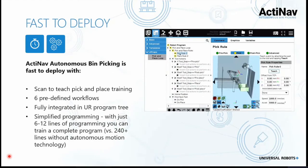So those are the pick rules and the place rules in the top left here. You, of course, can have a couple different pick and place options, right? That part that we saw, the conduit, has about 3 different pick positions: top, left side, right side. And based on how you pick all of those, you are going to probably want to place them uniquely. Again, all of that's done the same way by just bringing the part up to the 3D camera, hitting this